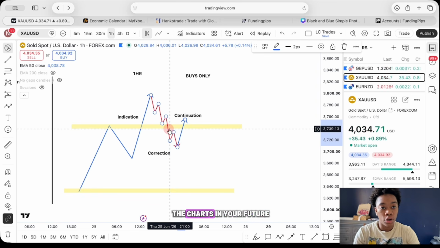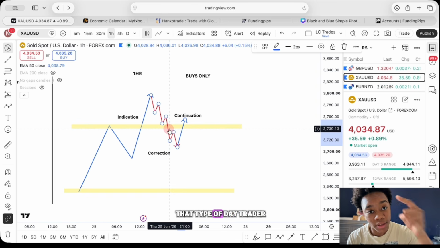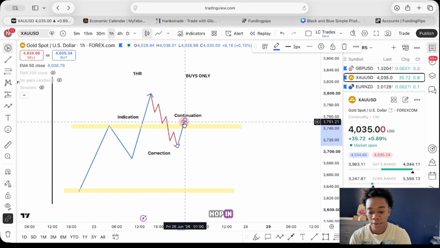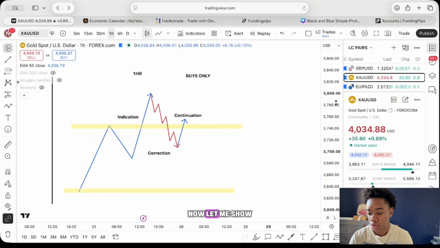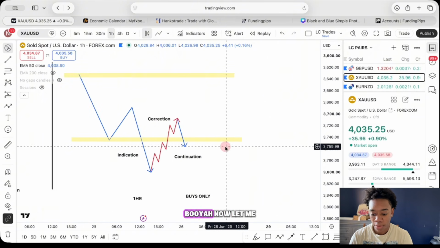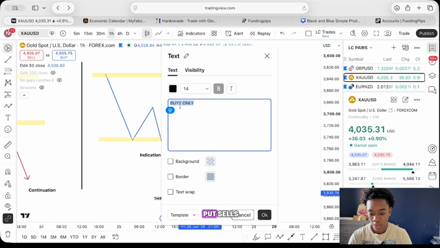So when it comes to the charts in your future and you want to be that type of day trader, don't be scared. Just hop in. So this is the buys example. Now, let me show you the sells example. Booyah. Now let me put sells